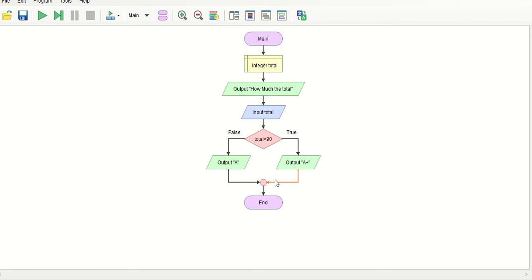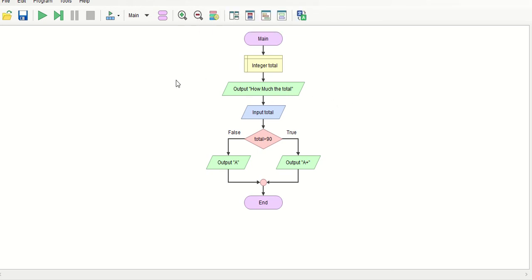So next time I will tell you how we can create nested if with else. Now I said if the total is greater than 90, then A plus, and less than 90, then A, true or false. But next time I will explain what will happen if the total is less than 80, and if the total is less than 70. Practice all these things, and next time inshallah we will do the other thing.